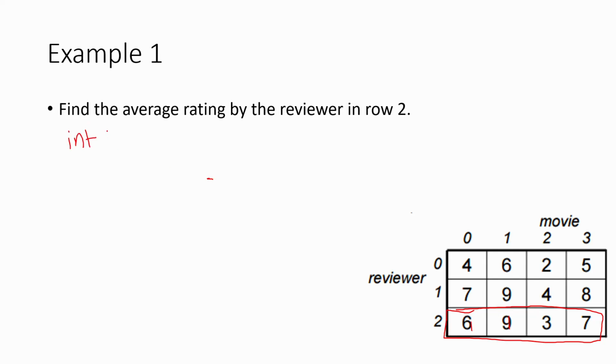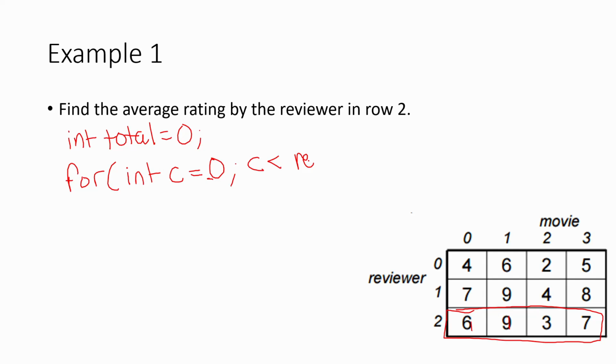I am going to make a variable for my total before I start my for loop going through all my columns. And since I'm going through my columns, I'm going to make my index value be C. And I'm going to say C needs to be less than, they didn't tell me what this is called, I think it's called ratings, actually. And since this is going through the columns, I need to use bracket 0 dot length. And I'm going to say C++,